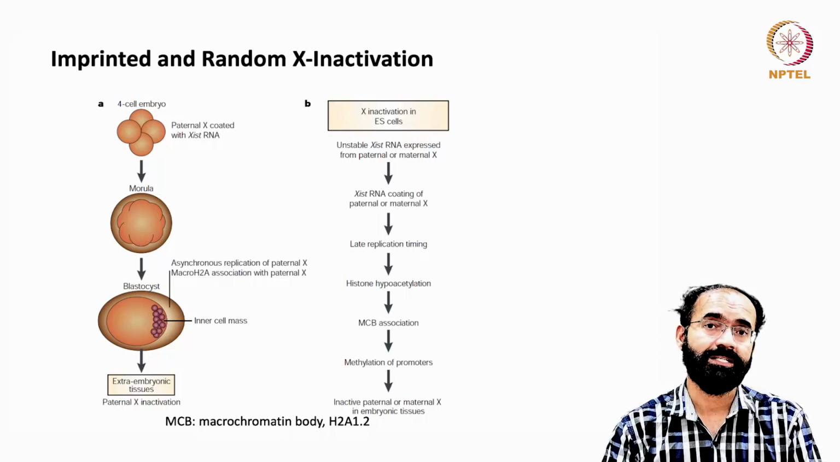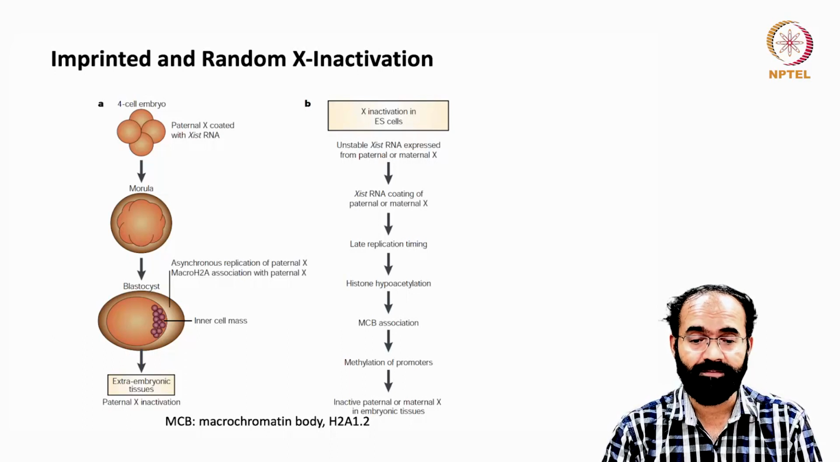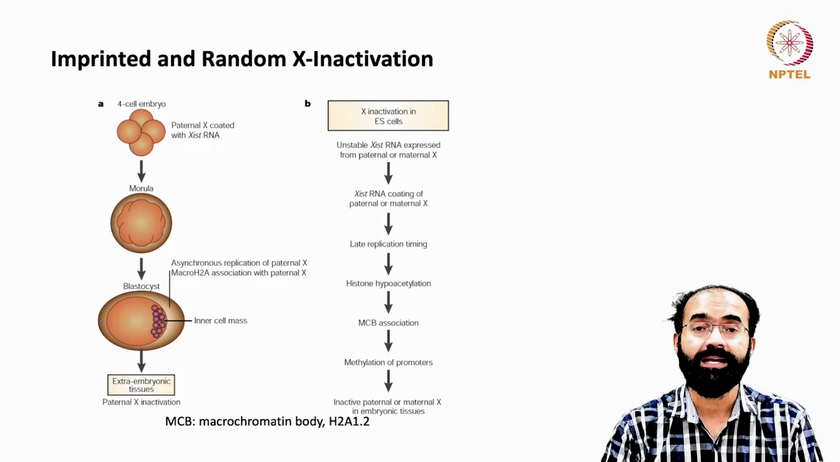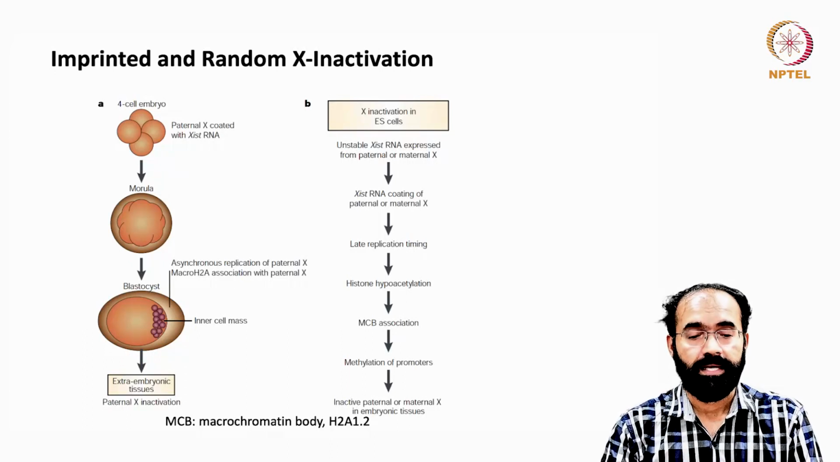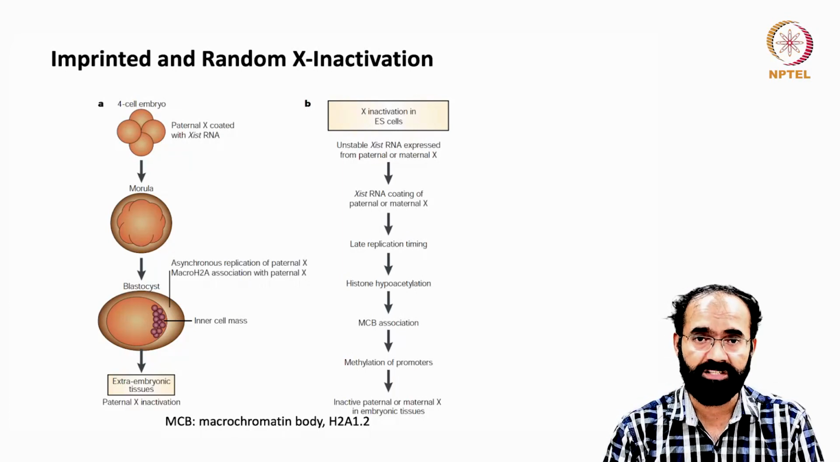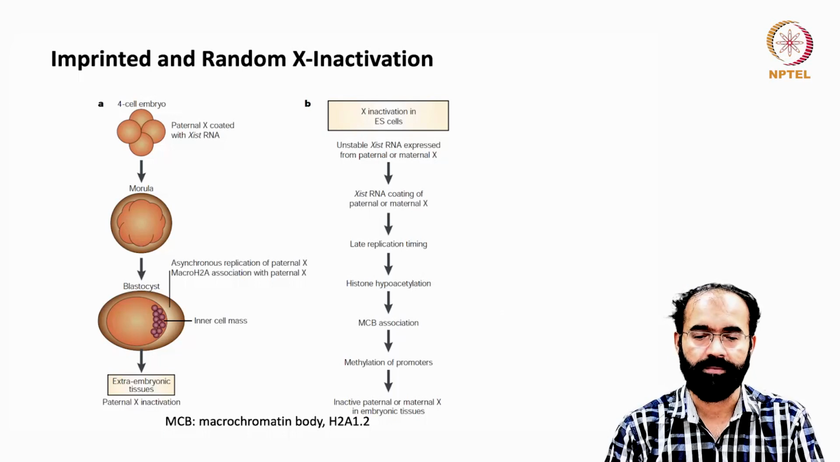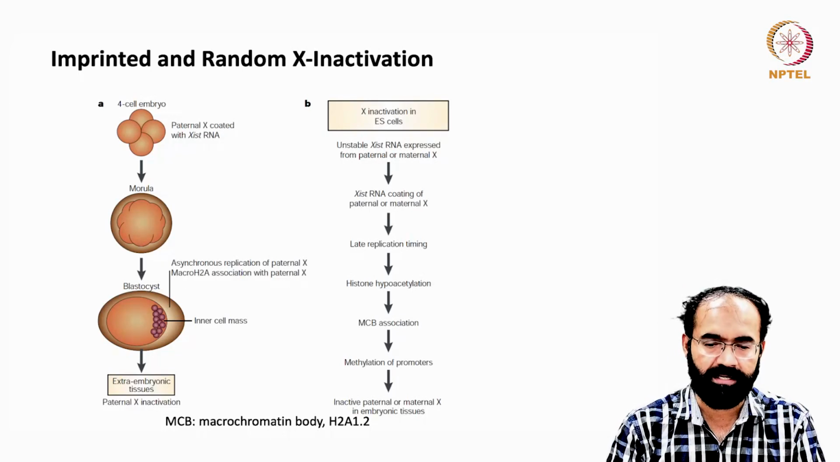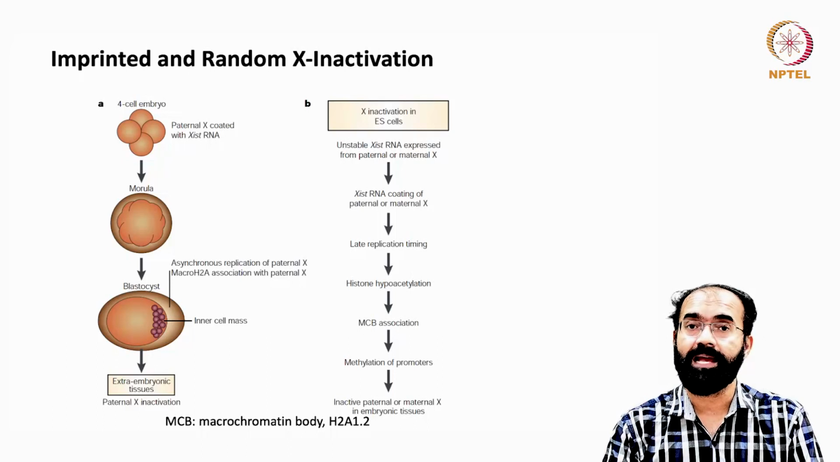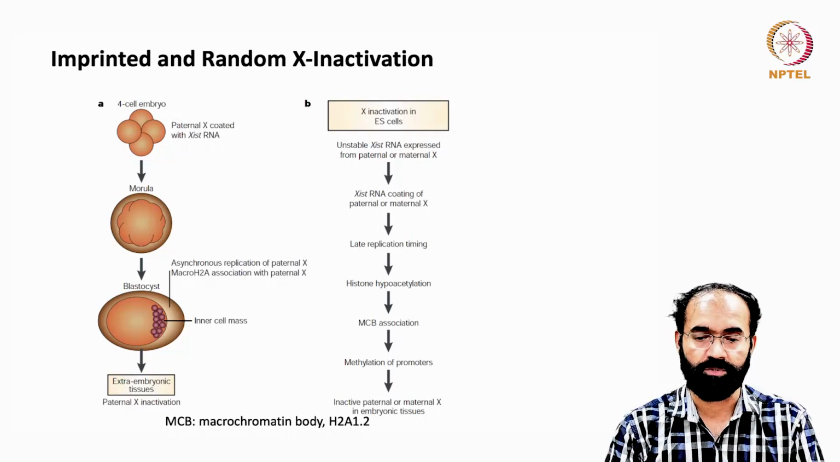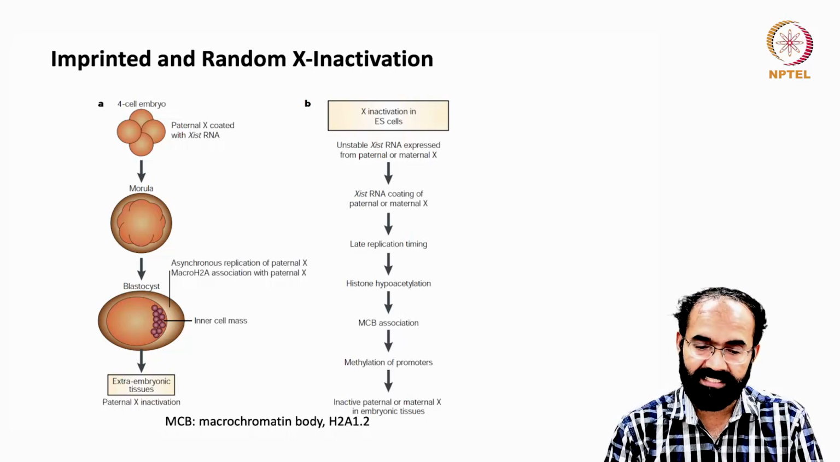So let us see what happens in embryonic stem cells. X inactivation in ES cells: unstable Xist RNA expressed from paternal or maternal. The zygote, the blastula stage, I told you, resembles the embryonic stem cell. So Xist RNA coating of the paternal or maternal X is possible, which is a difference. In the normal embryo we saw it is exclusively the paternal copy, whereas in stem cells it can be either paternal or maternal. And late replication timing happens with the Xist coated X chromosome, and histone hypoacetylation takes place,